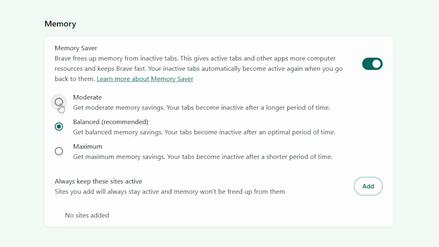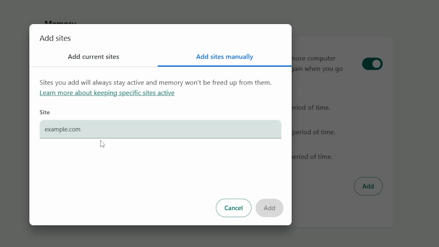You'll also find options that let you control how aggressively Memory Saver works, with choices like moderate, balanced, and maximum. If there are websites you never want Brave to put to sleep, look for the Always Keep These Sites Active section. For example, you might want to keep an email service, music player, messaging app, or work dashboard active at all times. Simply click the Add button, then enter the website name, and Brave will keep that site active whenever